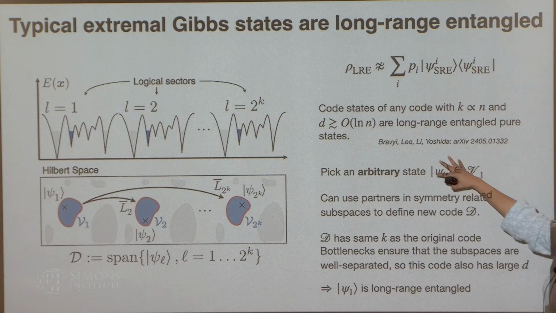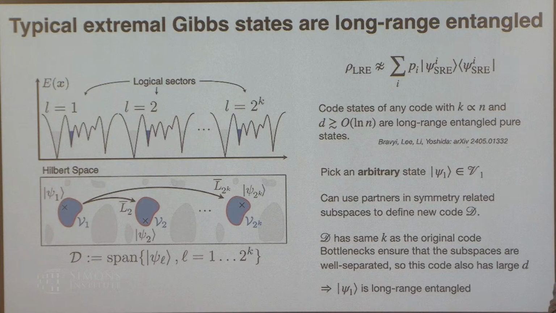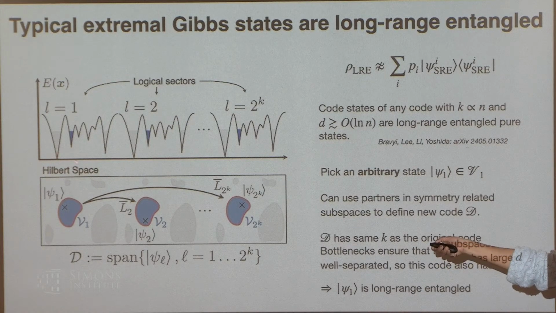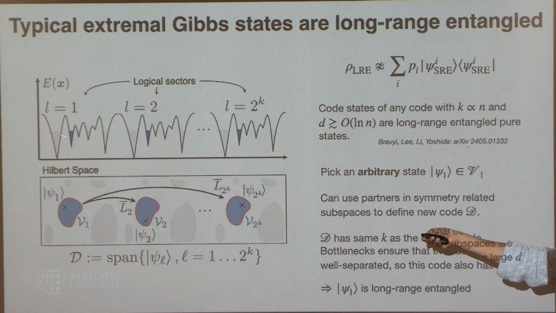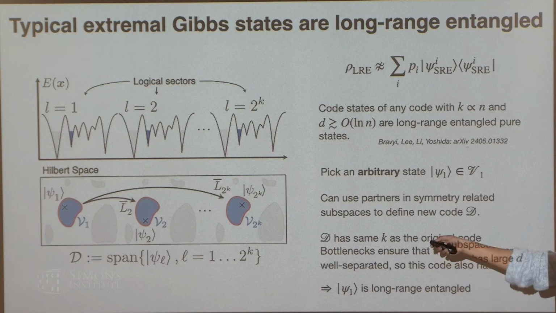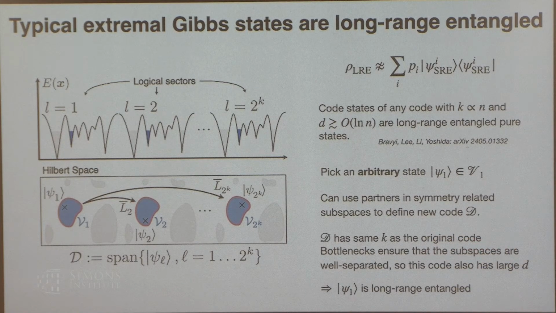For this argument, we needed to use the fact that the code had finite rate, but actually given this picture that I was saying, you have all of these disconnected components, and you can quickly heal them down to this ground state, which is a stabilizer state, which you know is long-range entangled. My hope is that you can actually use some argument which is just that you have fast dynamics that takes you from any state here to some highly entangled state, which took much longer to prepare, and so any state here must also be long-range entangled. That might connect to some stuff that Thiago will talk about, fast mixing within a given well or a given logical sector.